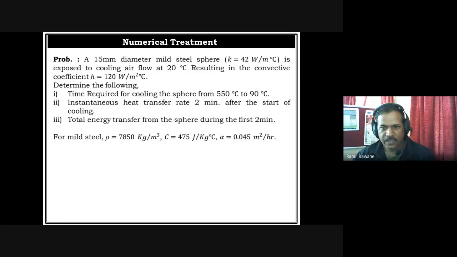Today we will see some numericals based on lump heat capacity analysis. These are very important numericals which are asked many times in SPPU exams. Today we are going to see only two numericals, and the first one is